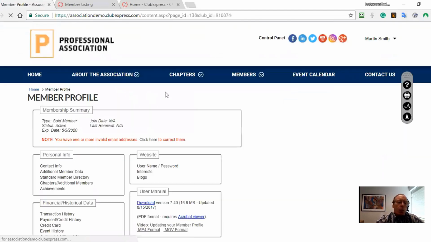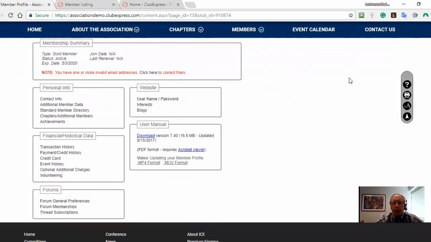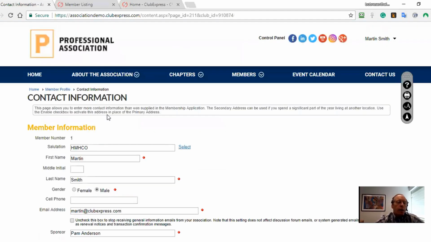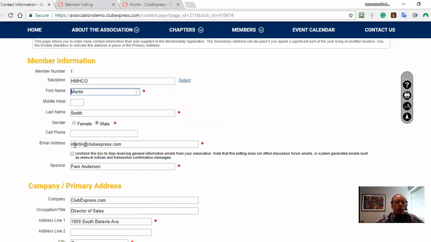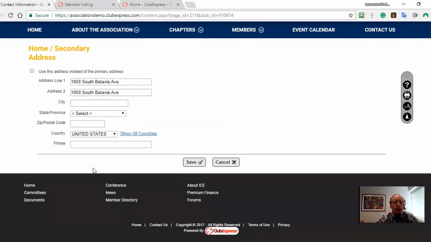And so here's something that we didn't really go over in this one. So I'm in Martin's profile here. So forget that I'm an administrator. He has no administrative functionality in this. But yeah, one of the advantages of a system like this is if Martin changes his email address from Martin at ClubExpress.com to Bob at ClubExpress.com and changes his company and changes his, he's got access to do all of